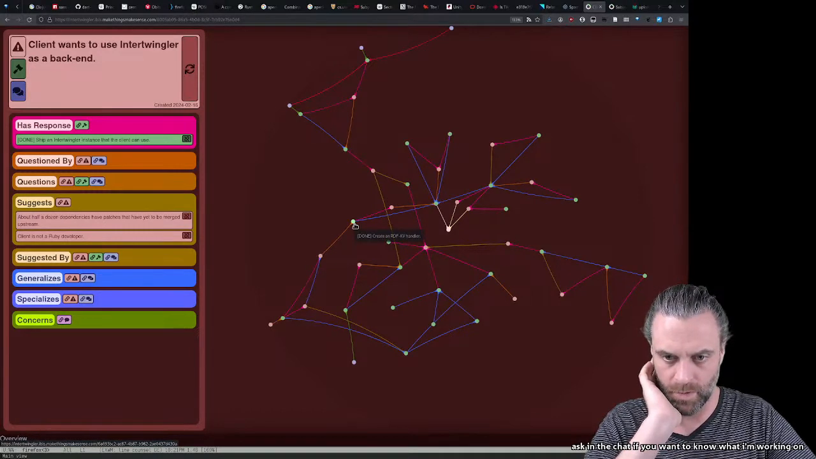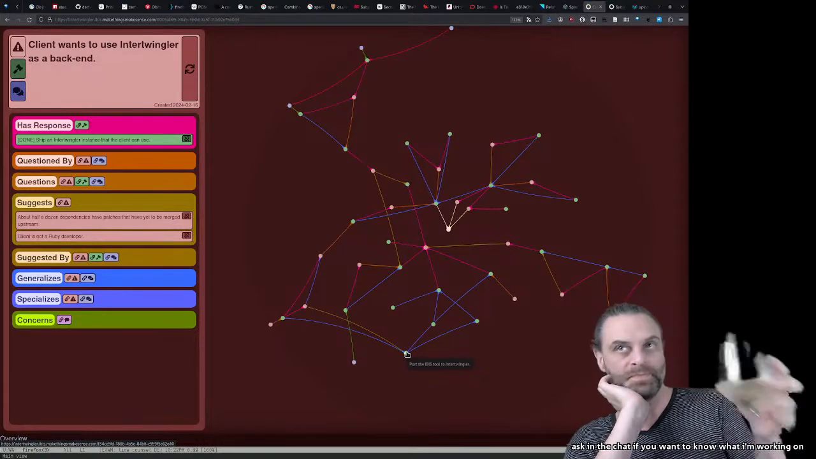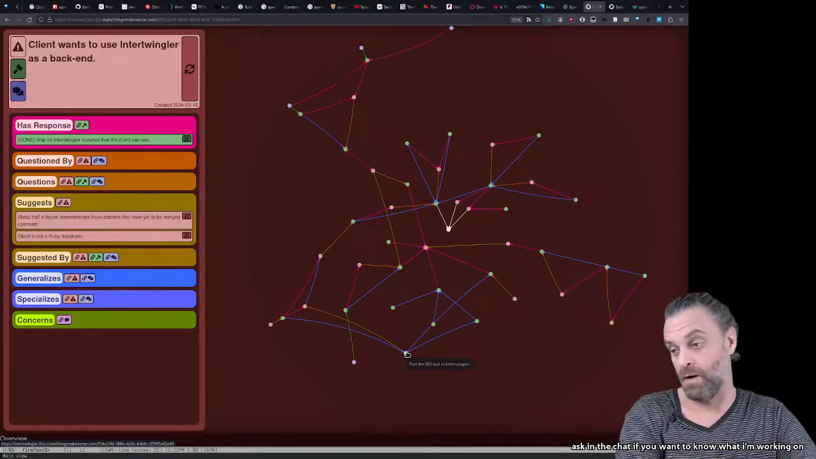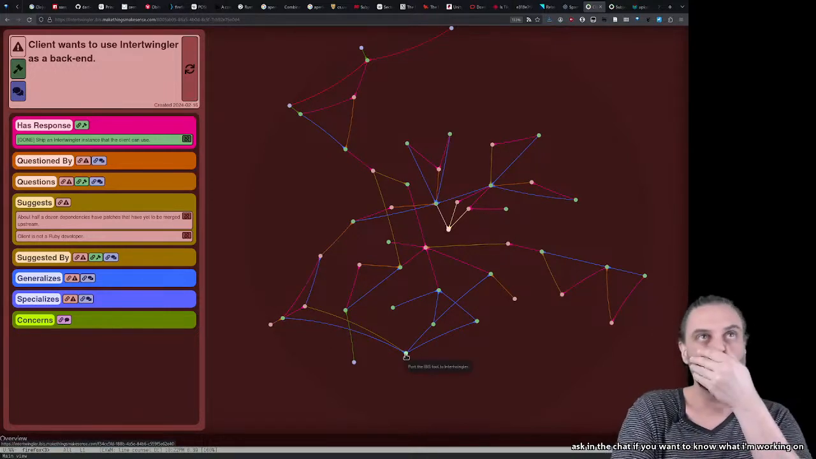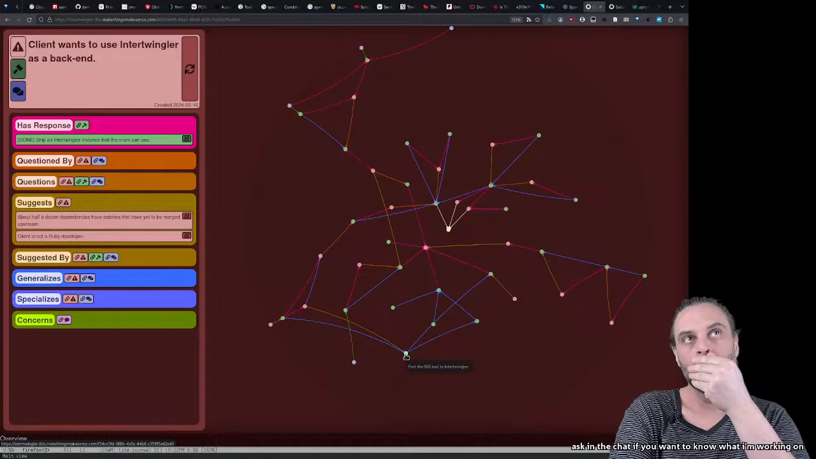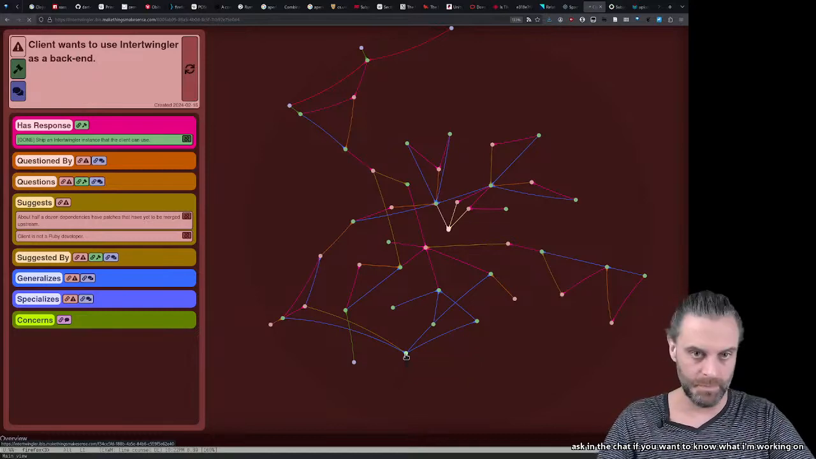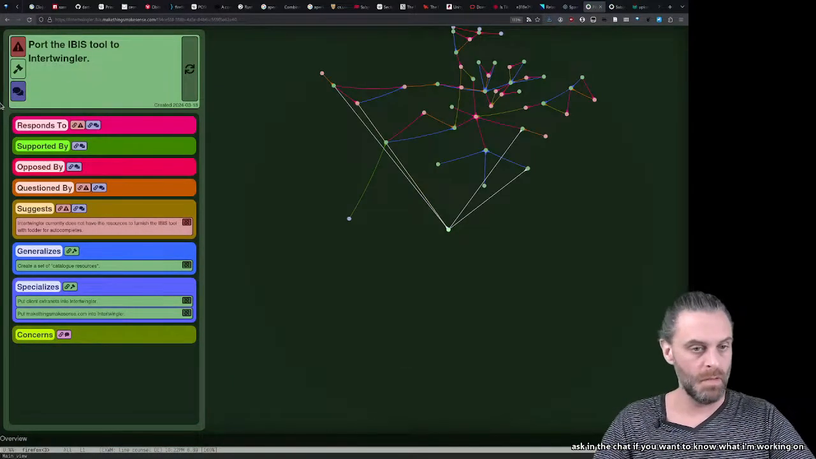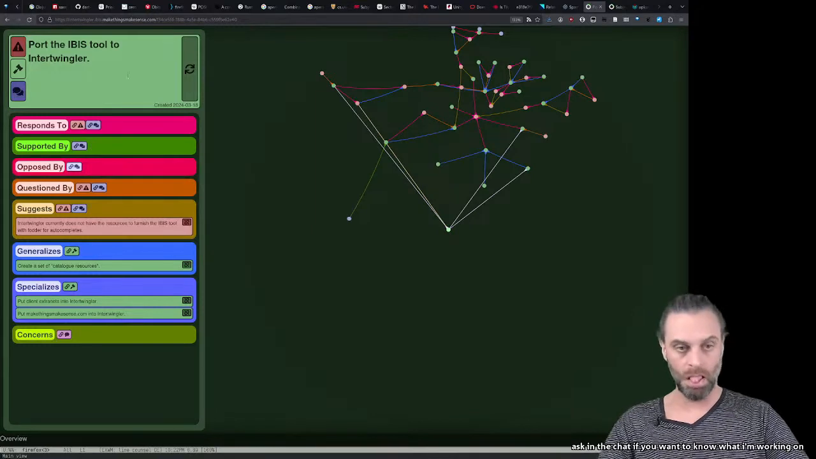Where are we here? What's this? Port IBIS tool to Intertwinkler. Yes. It's currently not running on Intertwinkler. It could run on Intertwinkler. What else needs to happen? We should create a separate GitHub. So we should, so Intertwinkler, so the issue,